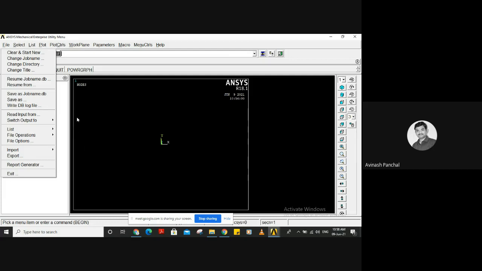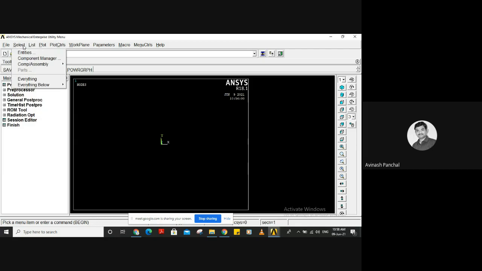Okay, then we can save the job name as a .db file, and you can save your project by save as. Okay, and these are all the simple options that are available over here.